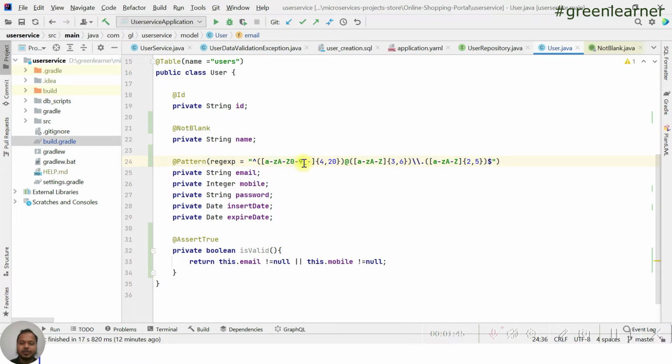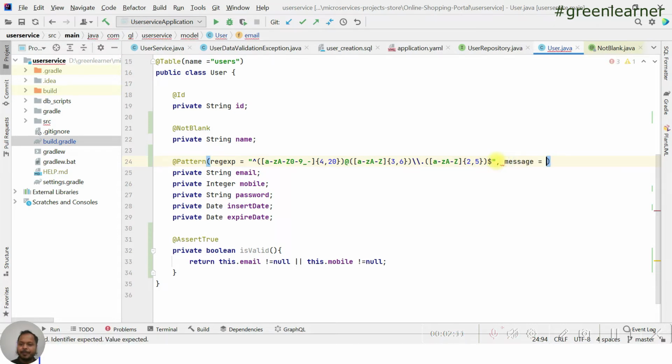Basically it is going to do the basic email validation: you can see the @ symbol. Before this we should have these characters. After this it expects something like Gmail or Yahoo, then it expects a dot, and after this .com, 2 to 5 characters. This is what it is going to validate.